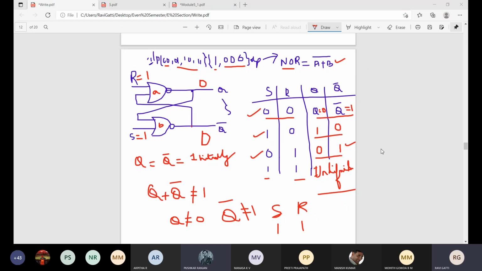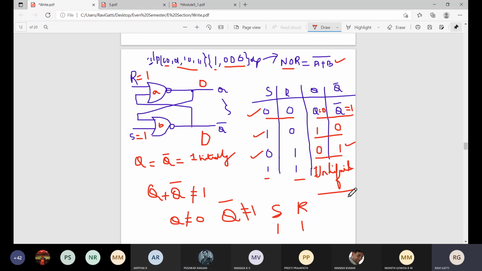Excuse me, sir. Yes, Pushkar. Sir, for finding the new value of Q and Q bar, if we are putting the new value of S and R, we will use the previous value also of Q and Q bar, sir. Q and Q bar previous value will be retained. So when you put the new value, one input terminal you are giving the new value, but for the other input terminal you are not giving the value, isn't it? So whatever the output of the previous is there, that will be taken as an input. So only we will go with Q and Q bar, sir. No, for the previous values. Yes. Okay, sir.